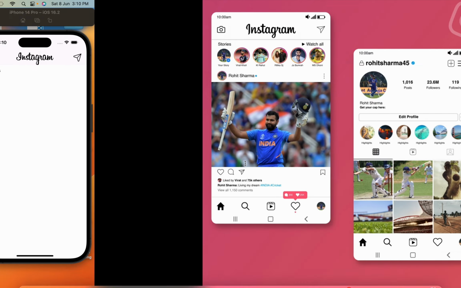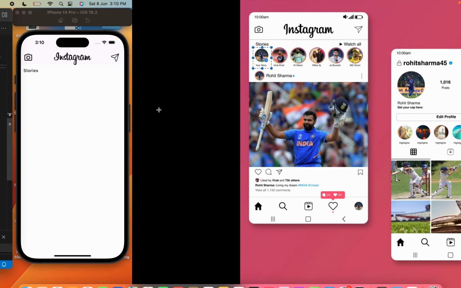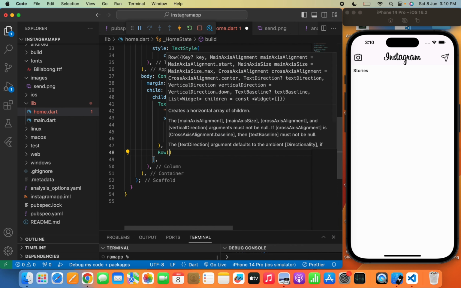So I was telling that in the stories there is a fixed circle or image where the image of the user is shown, and it just says your story, and you can see that there is a plus icon. We need to create this by using a stack widget, because you can see that this icon is just over this image. So we can simply write one thing like here we need to pass a row, and in